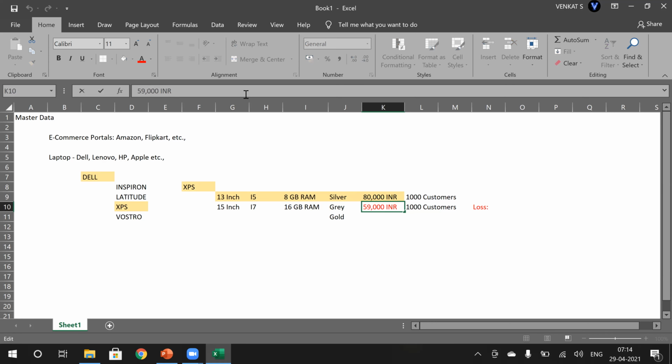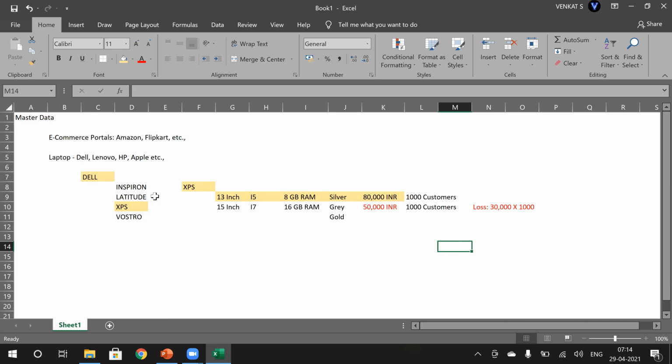Let's make it a round figure for ease. What would be the loss? 30,000 per customer into 1,000. 30,000 into 1,000. That would be the loss that Amazon, or whoever the seller is, would face.